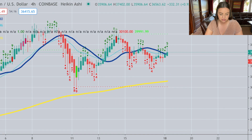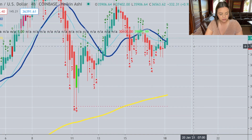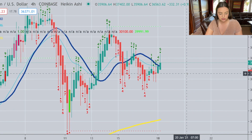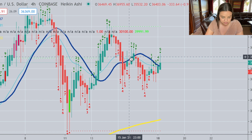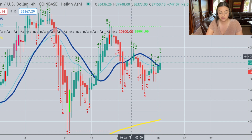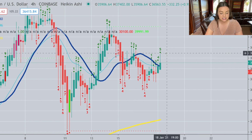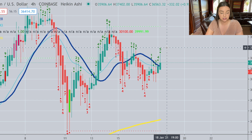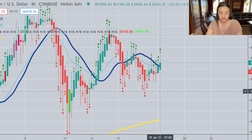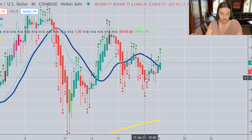As far as the 4-hour, it's kind of on the more neutral side. It'll be interesting to see what happens next if we get a higher high. So if we go above, let's see here, the high of this candle, 37,948, in the next 4 to 6 candles, if we can see Bitcoin go above that, that'll be extremely bullish for the 4-hour time frame. It would be definitely bearish if we go below this candle and make a lower low, and the low of this candle is